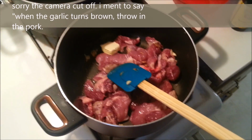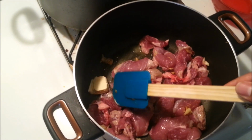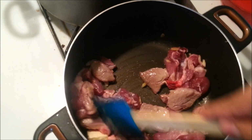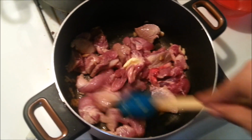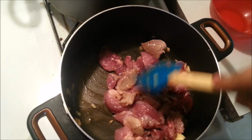So I went ahead and put about that much butter. Put my stick of butter. My pork's in. I'm gonna get a nice sear on the pork, and when the pork is done, I'm gonna throw the bean sprouts and the cabbage in here and let it all